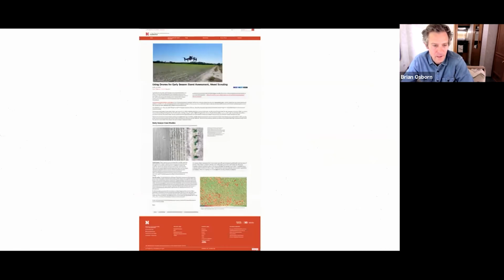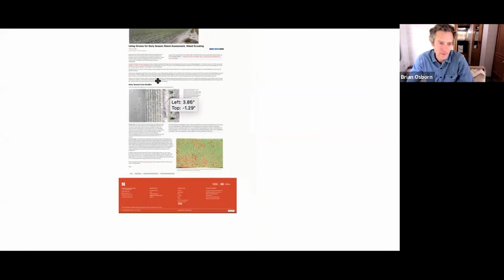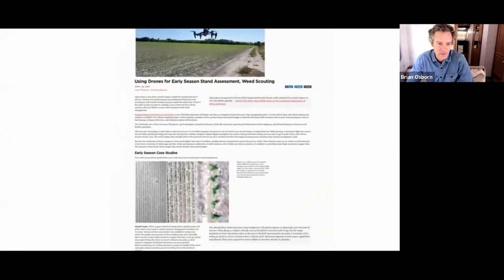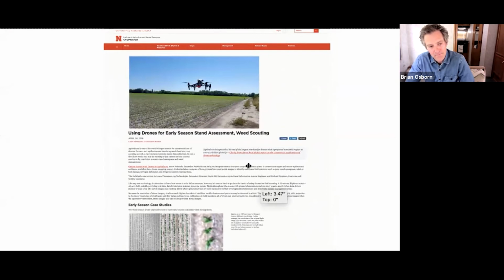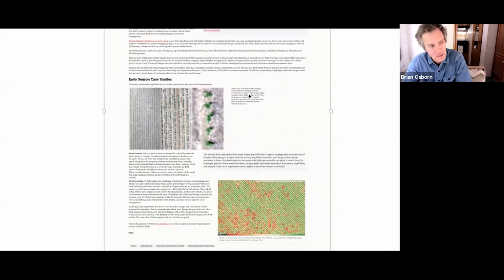And sort of pairing that with the more recent use of drones and sensors also in agricultural industries. I'm worried that these are too small. So this is the University of Nebraska. They're interested in using multispectral imaging as a way of seeing early weed detection.